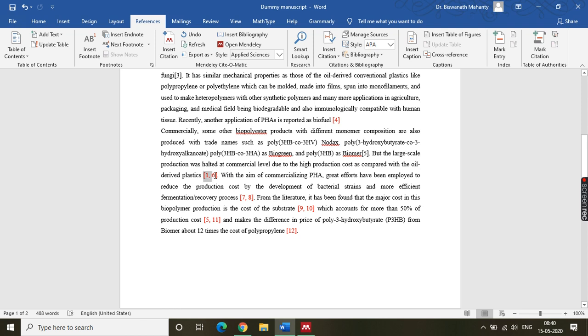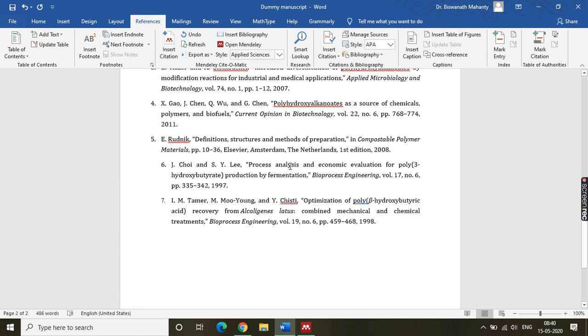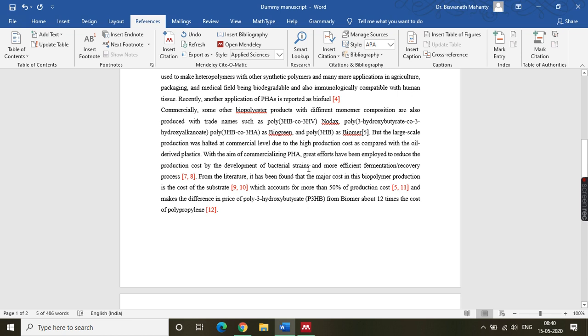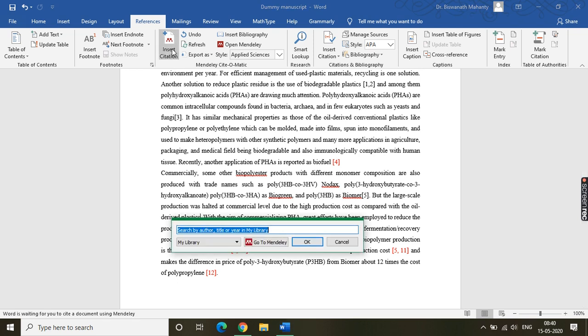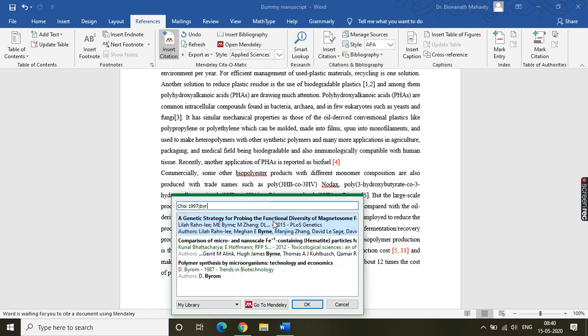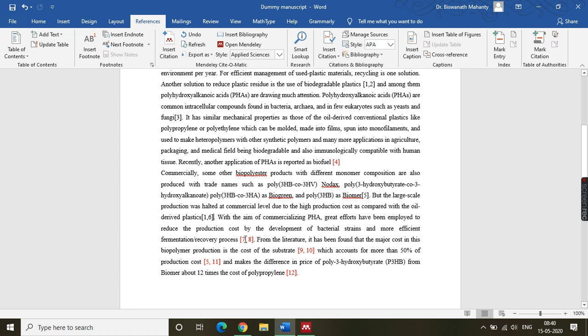For example, here I want to put 1 and 6 together, whatever way you want to put. Sixth one is, I'll just copy a little bit of the sixth, and 1 is Byram. Okay, I remember. So for example, here 1 and 6th I want to put. First I'm putting this one. The second one is Byram. Okay, both the authors are taken, connected 1 and 6th.